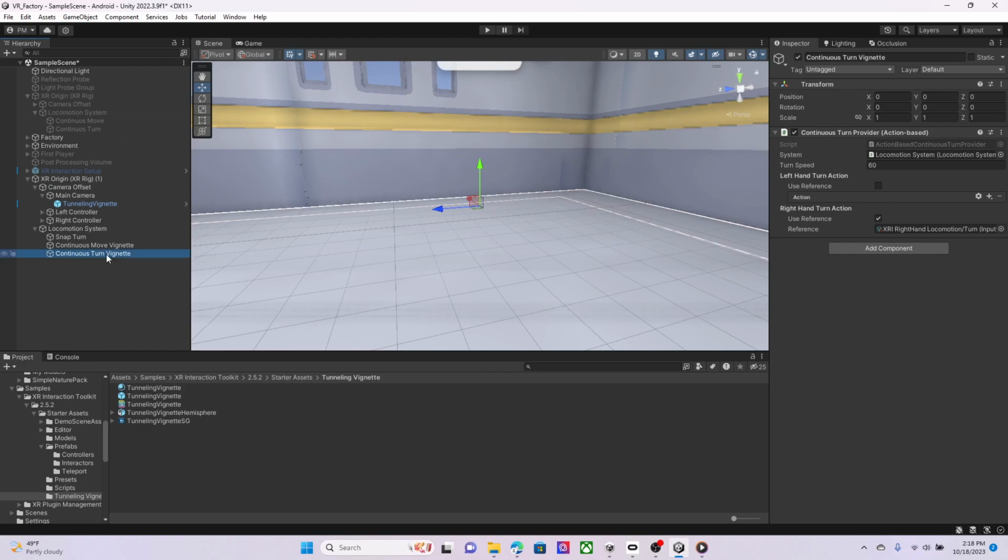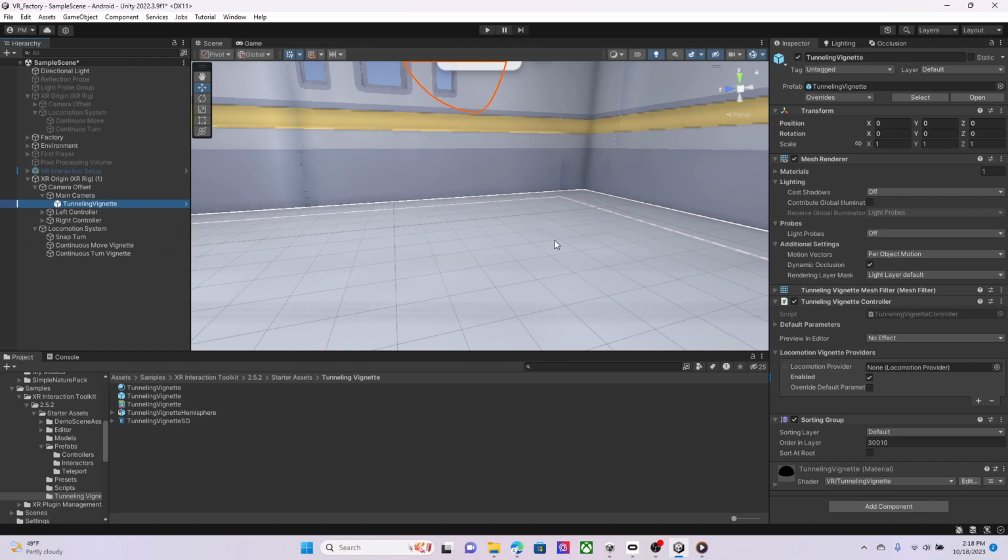Yeah, so we'll just rename it that for right now. You can name this something else if you want, but because I have another XR origin in my scene, I just don't want to confuse the name here. So come back over to the tunneling vignette and come back over here to this locomotion provider, and now go ahead and click,